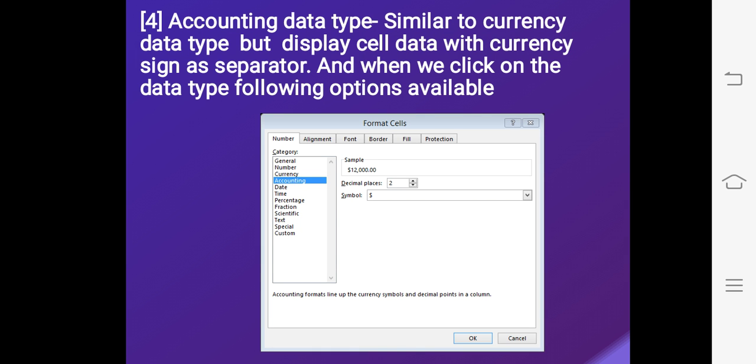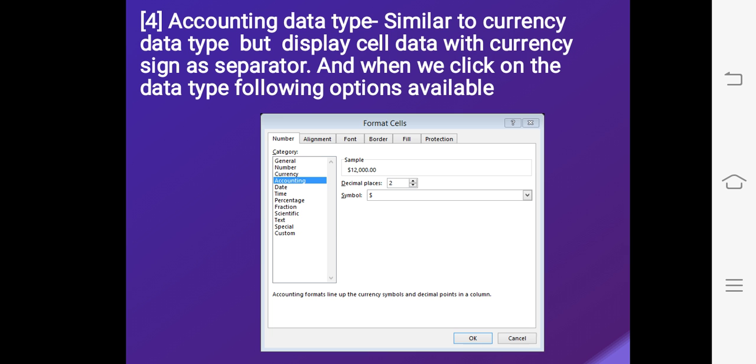Next is accounting data type. Children, accounting data type is used for accounting purposes, where we have to do lots of calculations with the values. It is also similar to currency data type, because in accounting data type the currency symbol comes, but in this data type the currency symbol comes as a separator.